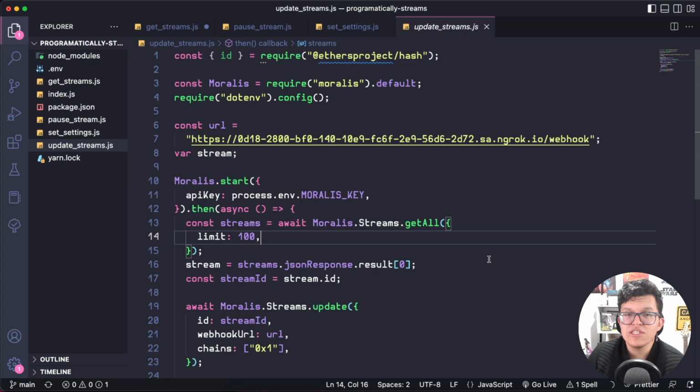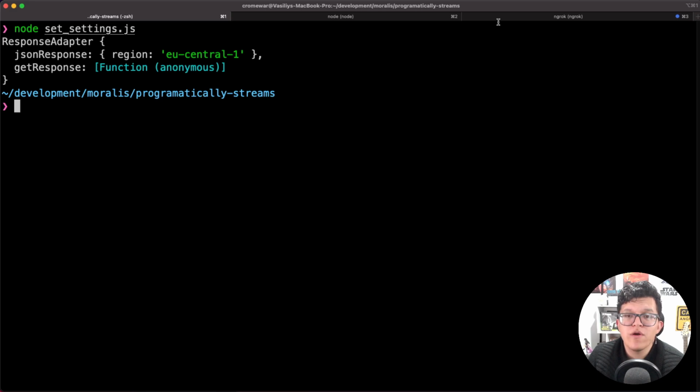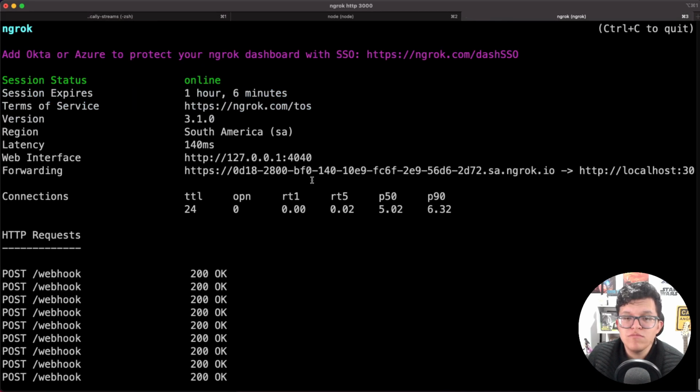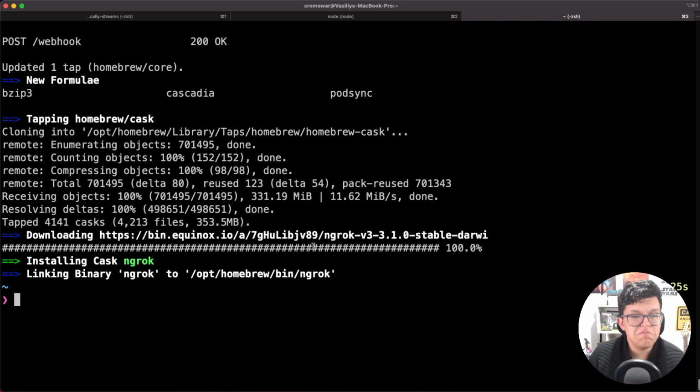And lastly, let's check the ability to update the webhook URL on our stream. Most of the time, if you are not in production, you are going to spend a lot creating your own webhook on your main machine just to test all the features are working properly. And maybe today at night you are going to close your terminal and you don't have access anymore to that webhook you just created. And tomorrow, when you have to go back and start working again on that stream,